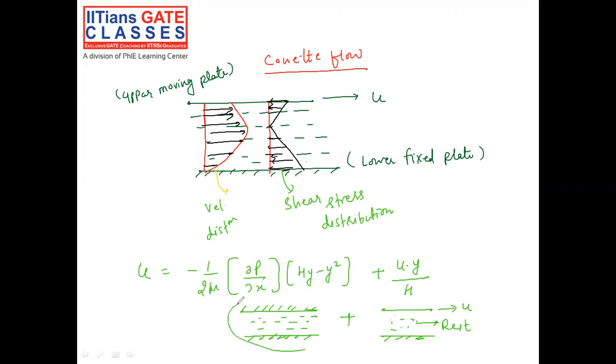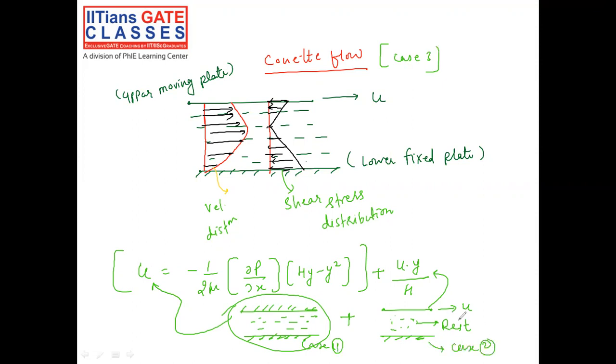And of course, this combination you have studied, and we have the generalized formula, that is laminar flow between two parallel fixed plates. This is the governing equation we have, and for this we have this. So Couette flow is a combination of these two particular cases, right? If I call this case number 1 and this case number 2, then this will be case number 3, that is nothing but case number 1 plus case number 2.